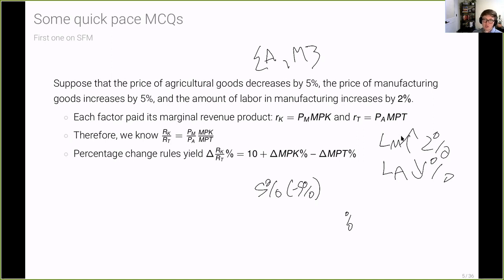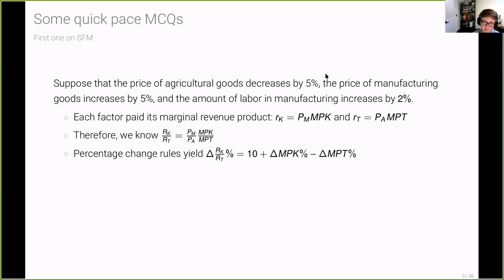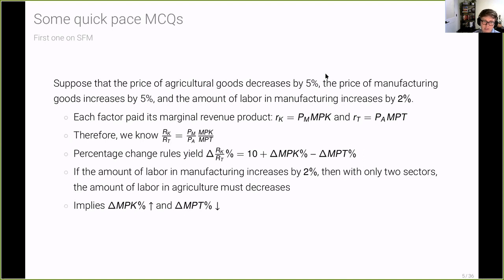And so in general, I don't know exactly by how much LA is decreasing. It depends on the initial stock of labor in each sector, but certainly I can't have an increase in one sector without having a decrease in the other sector, because we always assume in our models that we have full employment. So if you add up labor working in both sectors, you're always going to have the total amount of labor in the economy. And so what can we say?